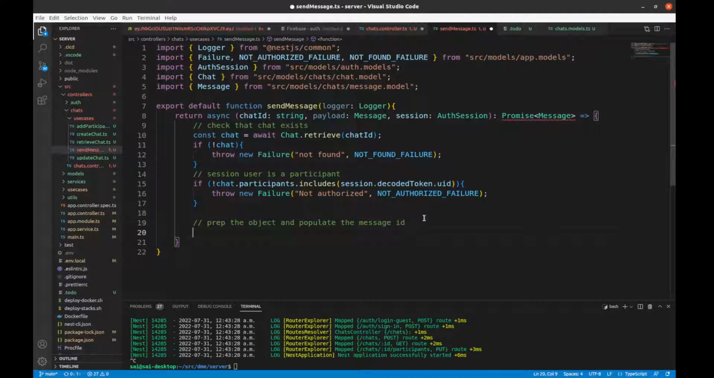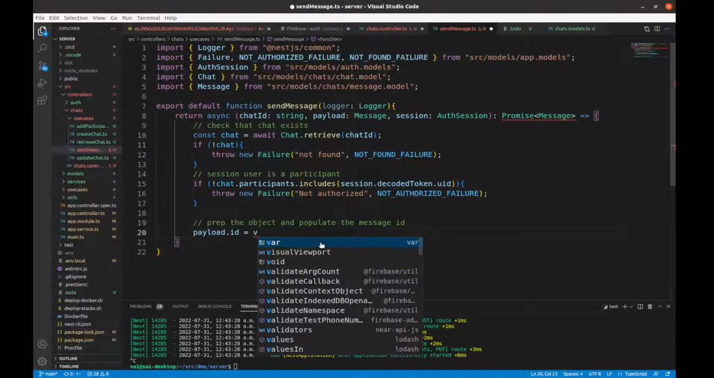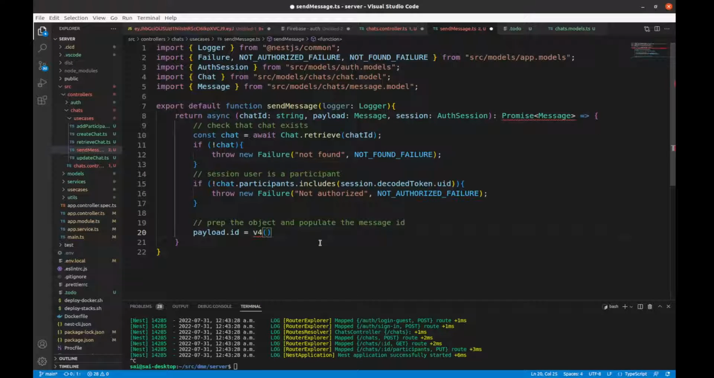Okay, so we want to make sure that the messages have the ID. So payload. The ID wouldn't exist when you make a request to create a message, so you have to create one. I know for the chat we were using the UUID, sorry, before. We're using the UUID